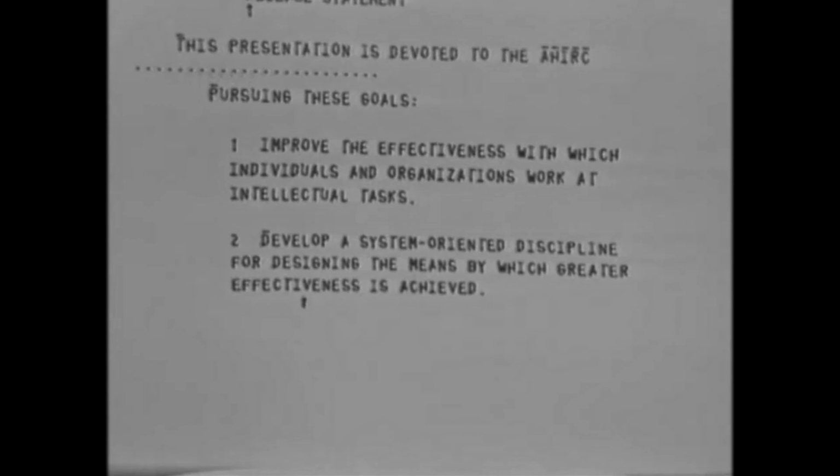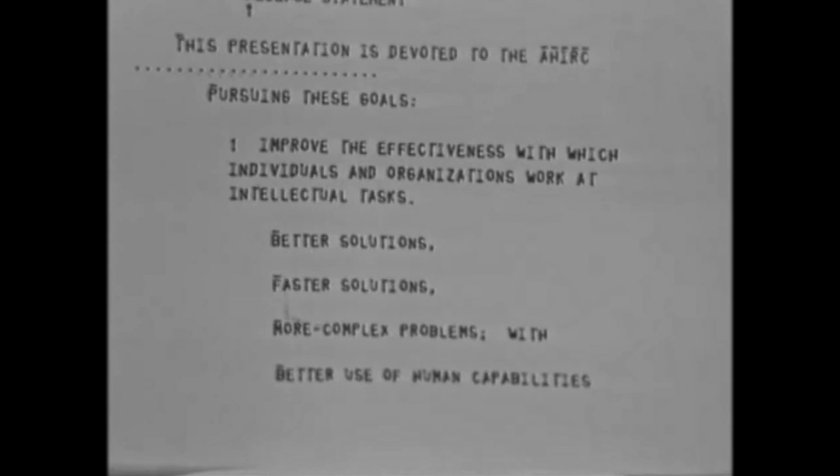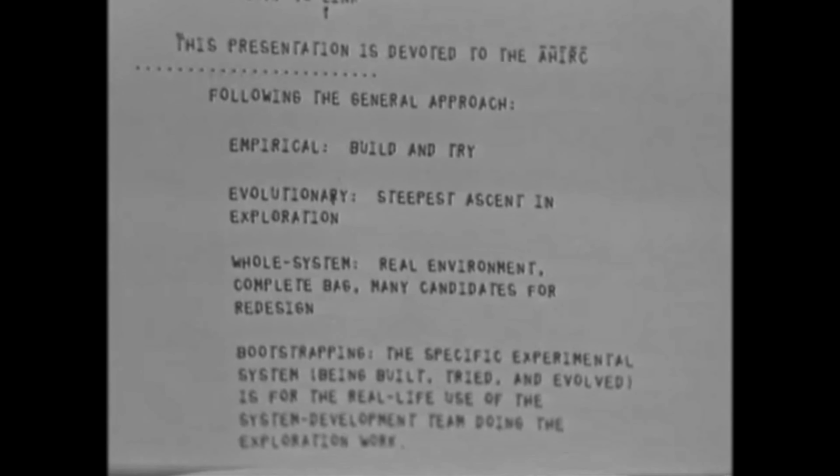Let me just show you how I constructed this file. You notice underneath there with that and that, there was just a link hidden here that went back to this view with slightly different view parameters, to give you that view. All right, there's another one hidden there. It says the general approach for us: empirical. We're pursuing this monstrous goal, monstrously difficult, by building and trying empirically. And we're approaching it evolutionary-wise because we feel that it's a whole system problem.